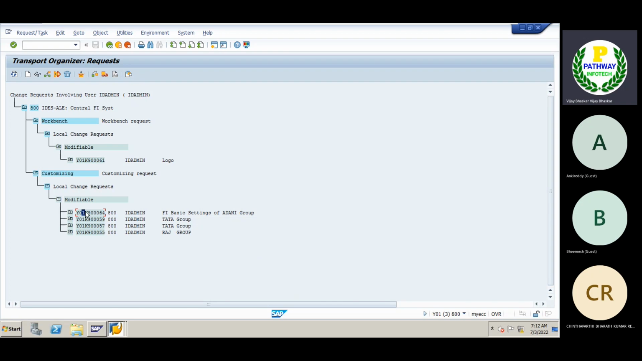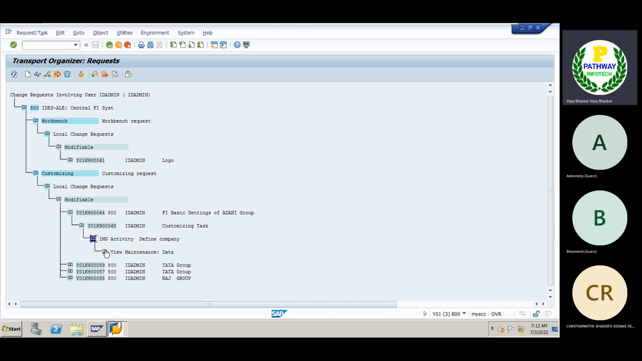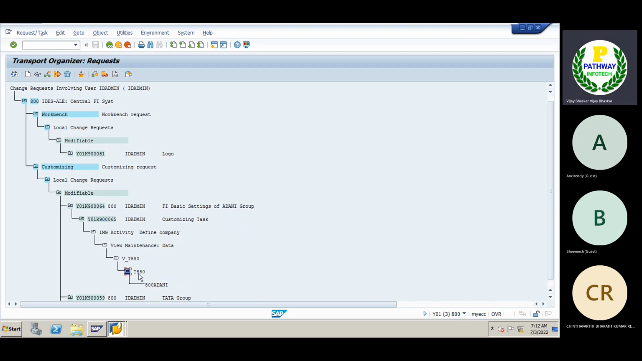Okay, and also under this transport request, now you can come down here. What changes we have done, how can we see? If you go into detail, now you can see here, Adani. You can see that the table is T800. I will explain to you, friends, what is meant by the table and why we require it. Under the T800 table, this configuration we have done, Adani,